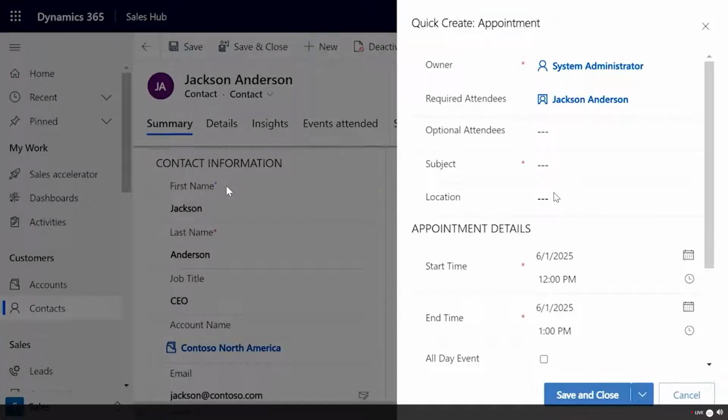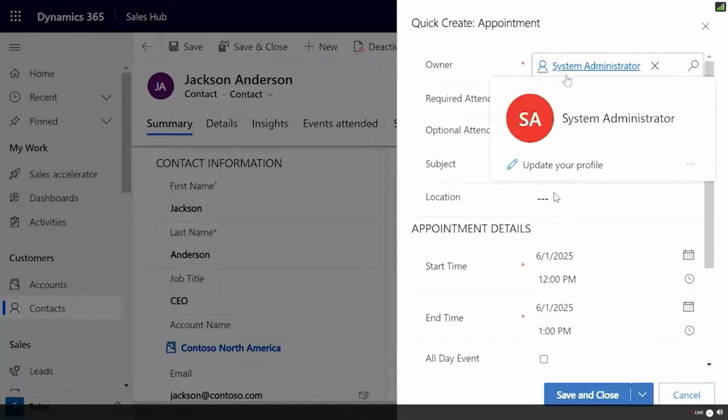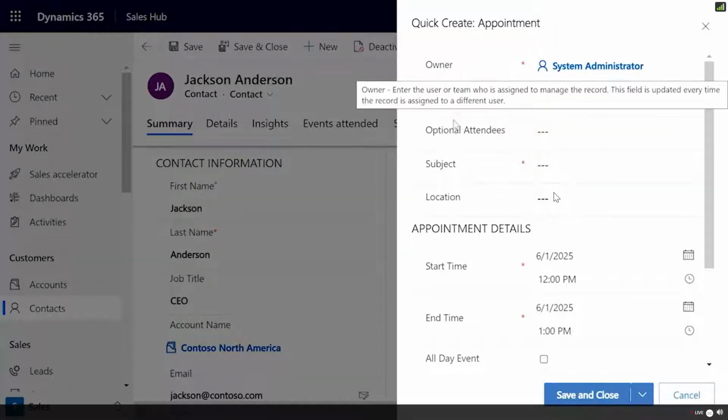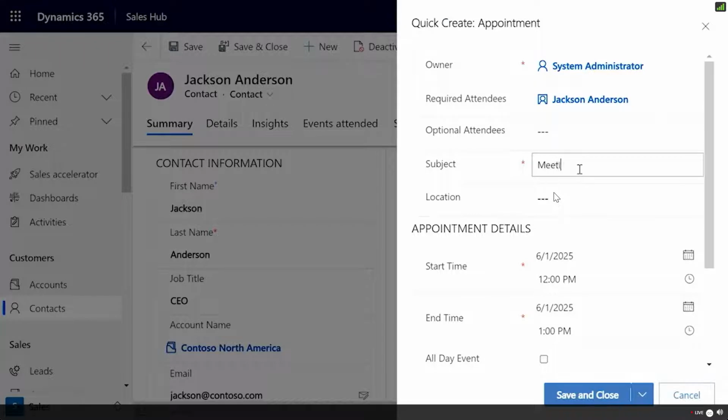All right, so when I create an appointment, because I was on Jackson's contact record, it's automatically going to pull in his name, and it's also going to pull in the account I'm logged in as. I'm logged in as a system administrator, but I can also change the owner, I can change the attendee, and I can also include any optional attendees. So in this case, I'm going to just say meeting with Jackson, and we can say dinner one when we're